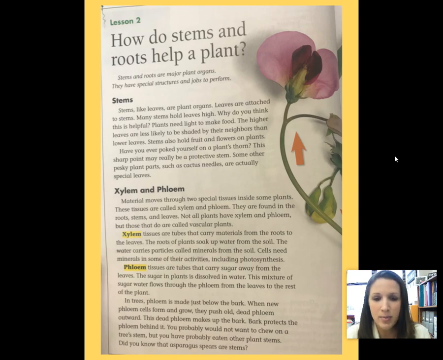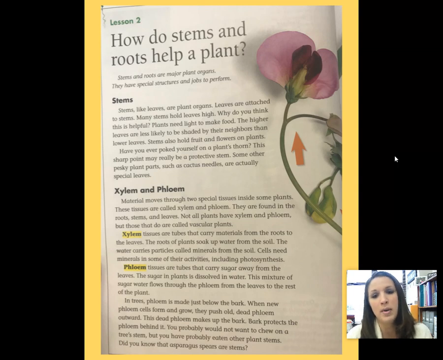In trees, phloem is made just below the bark. When new phloem cells form and grow, they push old dead phloem outward. This dead phloem makes up the bark. Bark protects the phloem behind it. You probably would not want to chew on the tree's stem, but you would probably have eaten other plant stems. Did you know that asparagus spears are stems? Another stem is celery. And when you come back to school, I'm going to show you something cool with celery